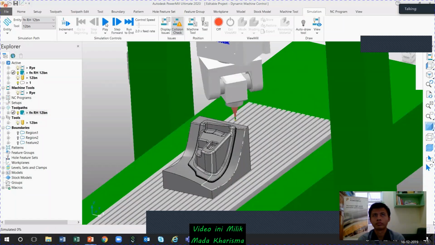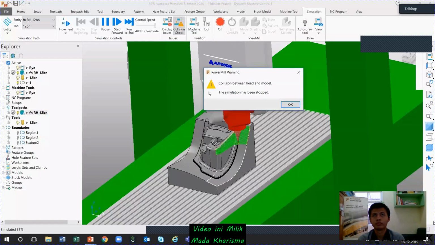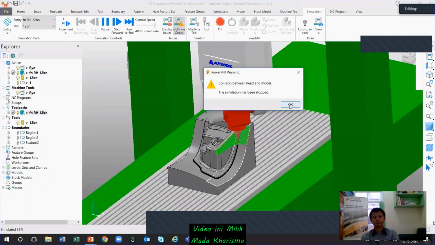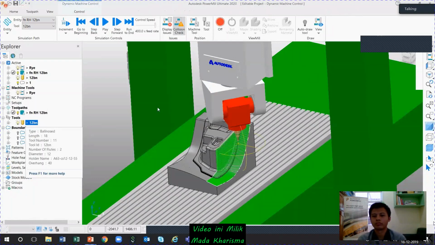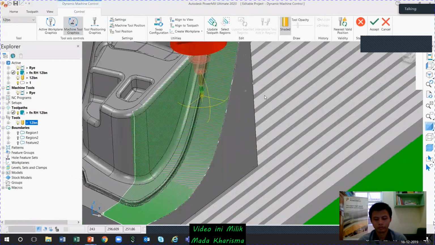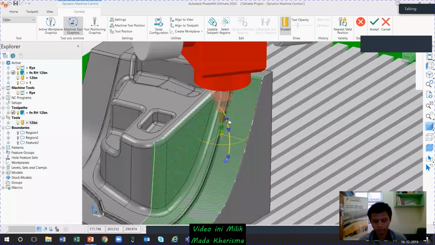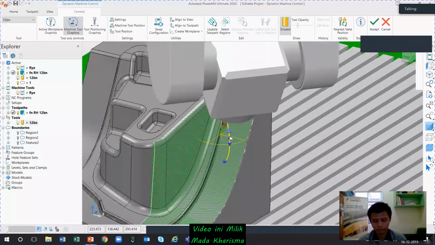Instead of creating a new toolpath or thinking of changing the tool axis definitions, just stop the simulation there itself. Go to your tool page, dynamic control option. There you can see two vector spheres come to your control. Simply rotate it wherever you wish, change the location. You can just see clearly if everything is fine or you want to change it some more.